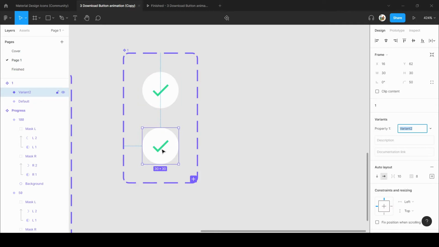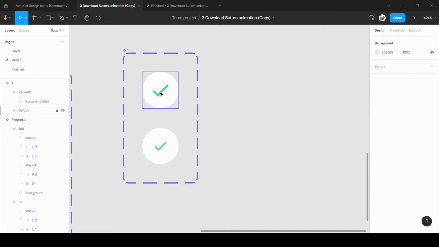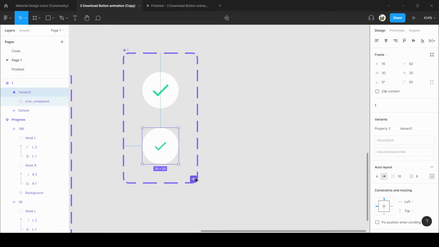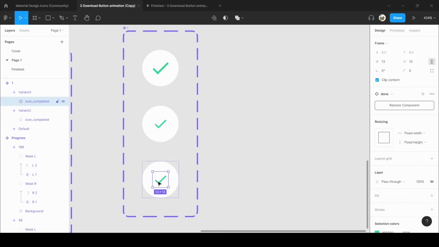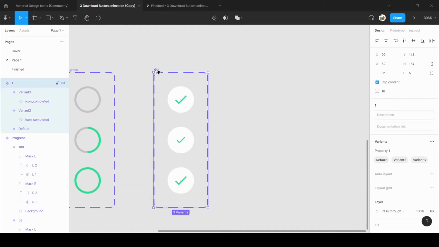What you just need to do is change the size from 18 pixel to 12 pixel, 13 pixel, anything you want, but smaller than the original one. And again duplicate this like this and change back to the 18 pixel. So we have bigger icon, smaller, and then again bigger icon, and here I will say check, that means check mark.